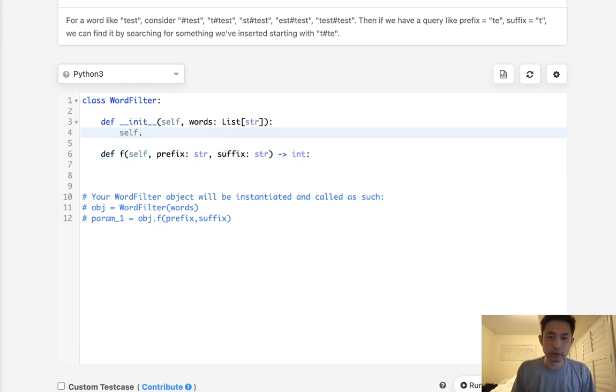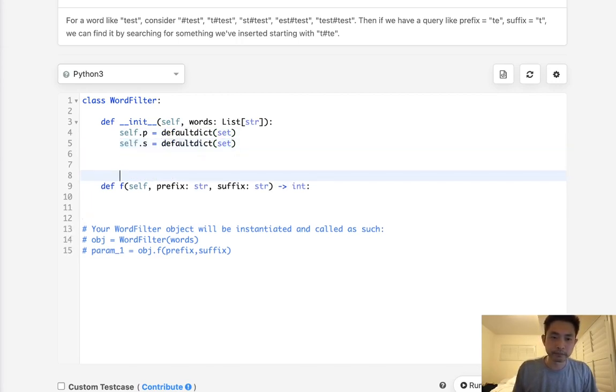So let's see what I mean. First, we'll create prefix of default dict and make that a set. Same with here. Suffix is going to equal default dict and a set. Okay, so now we're going to have the set. Great. Now what we need to do,